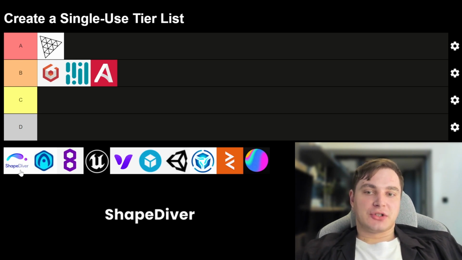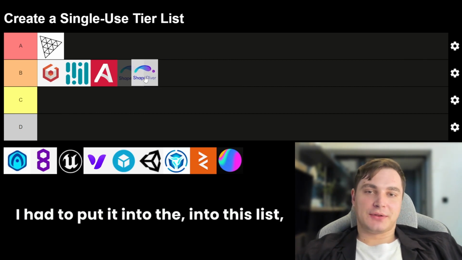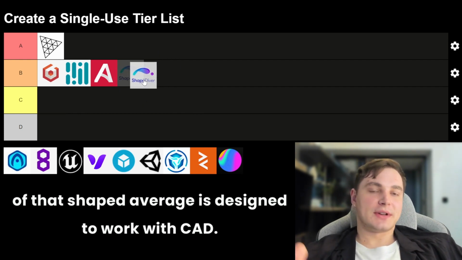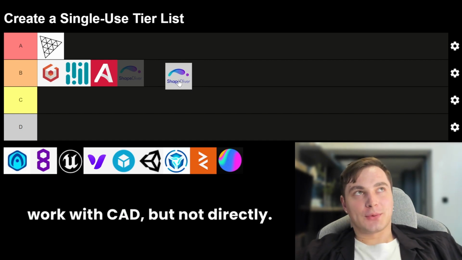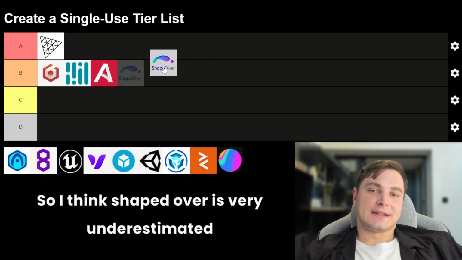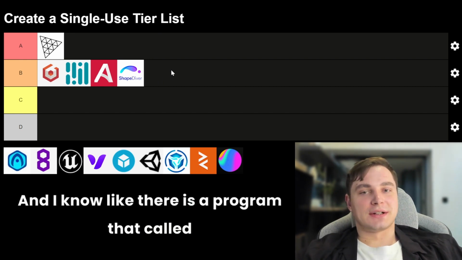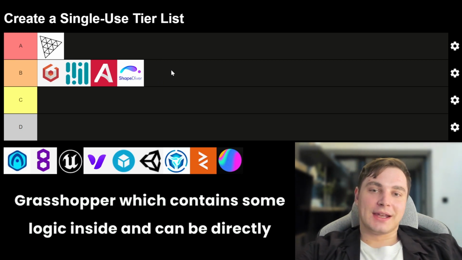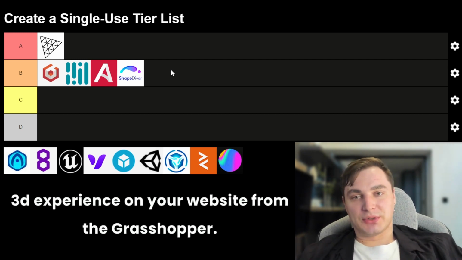Next one, Shape Diver. Well, I had to put it into this list, but Shape Diver is something that's set apart from anything else. Shape Diver is designed to work with CAD. Other platforms can also work with CAD, but not directly. I think Shape Diver is very underestimated in terms of working with any CAD. And I know there is a program called Grasshopper, which contains some logic inside and can be directly converted to be used in Shape Diver and basically run the 3D experience on your website